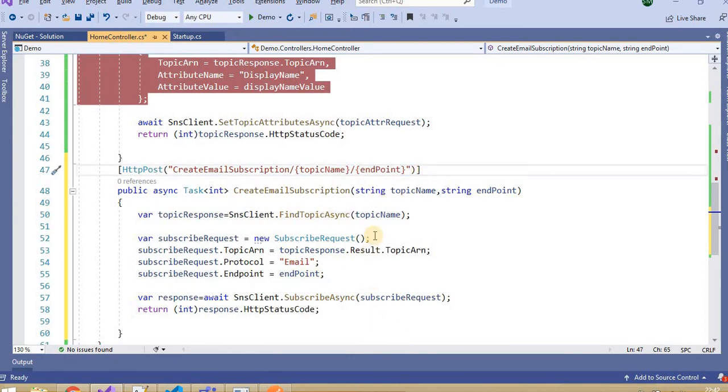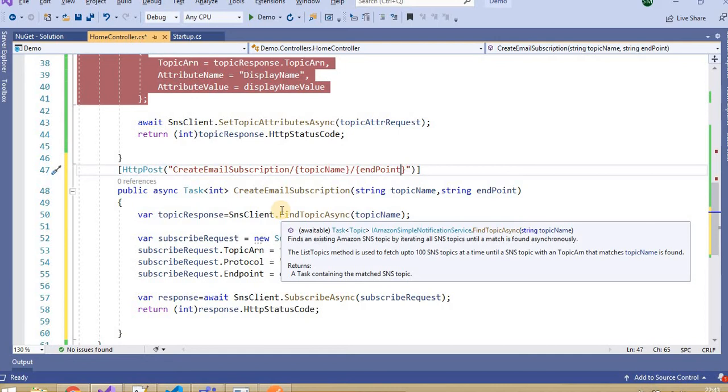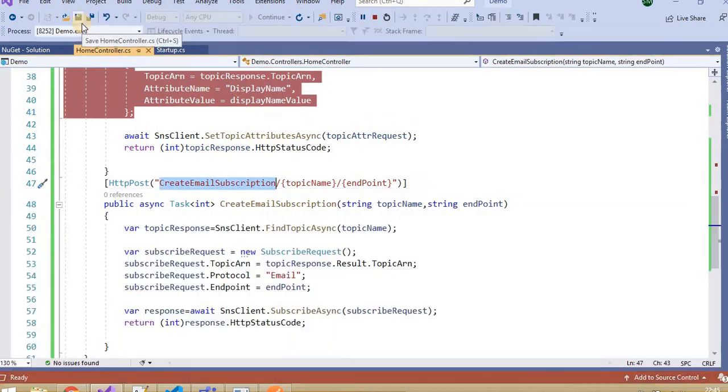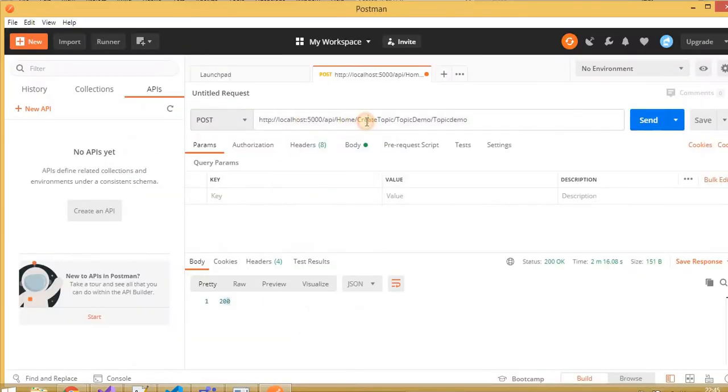That's all. Now we will hit the API again from our Postman application, and let's see if the subscription gets created under that particular topic for which we will pass the topic name. Just run the application. Let's open Postman. The application is running, and change the URL.